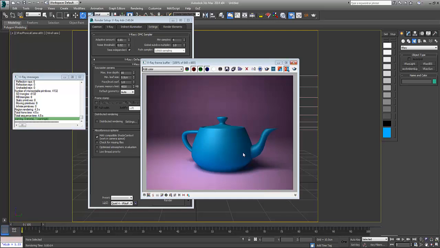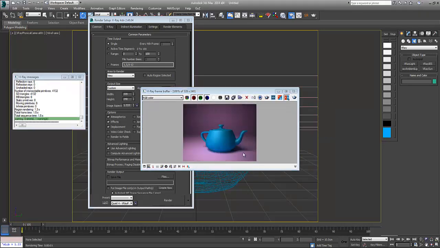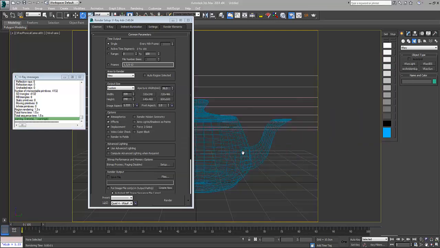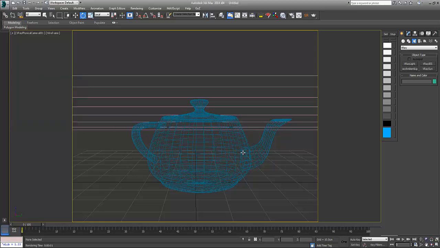Awesome. What else do we need to do? We need to change the size. Put it to 320. It will take us just 1 second, which is awesome. Okay, next we need